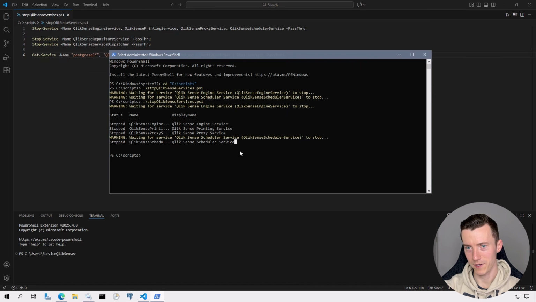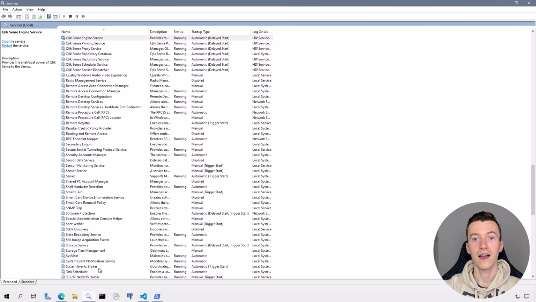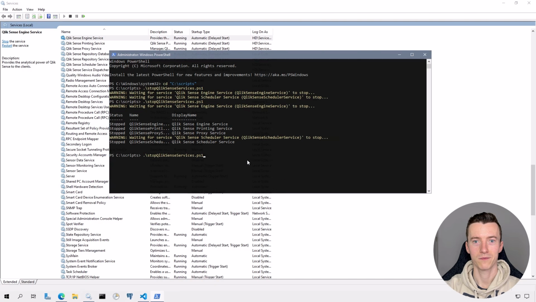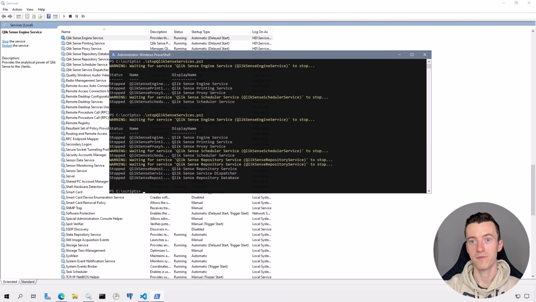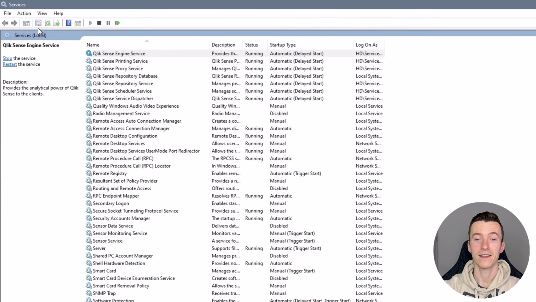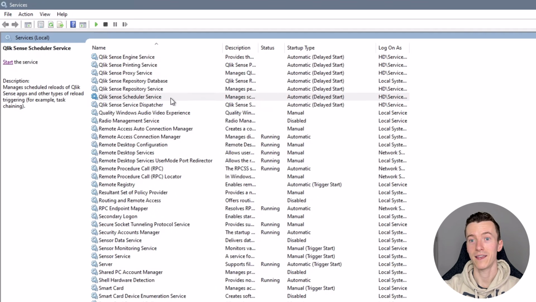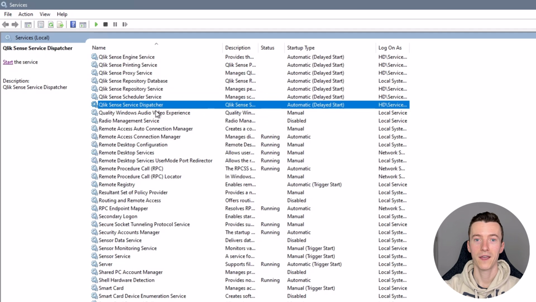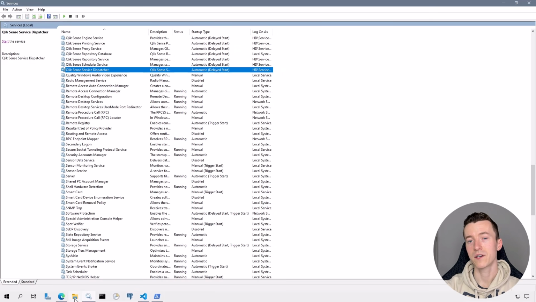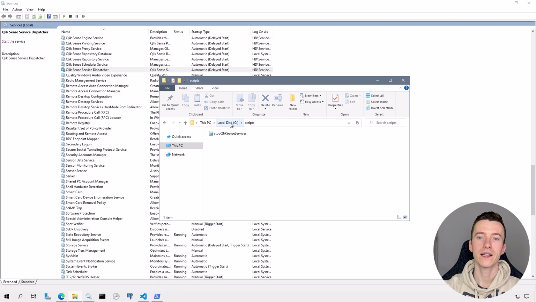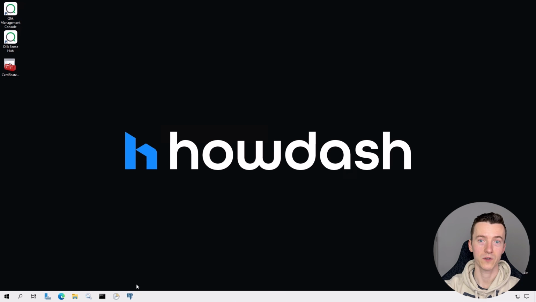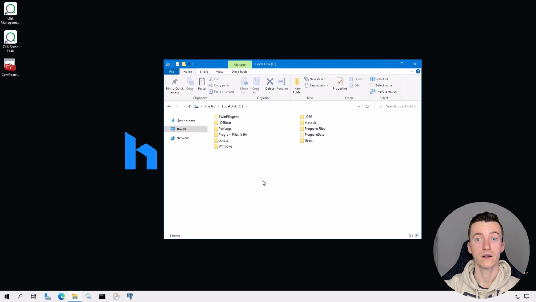I'll jump back to the services app and make sure that all my services are running, and then run the script. I'll speed through this part so you won't have to wait for the services to stop. There you go. All services have been stopped in the right order, and if I refresh the services app, you can see that they have in fact been stopped. And to confirm that this script also works on a QlikSense server with a standalone installation of PostgreSQL, I'll go ahead and copy the script to my dev server, which is using standalone PostgreSQL, and I'll try running it there to make sure that it stops